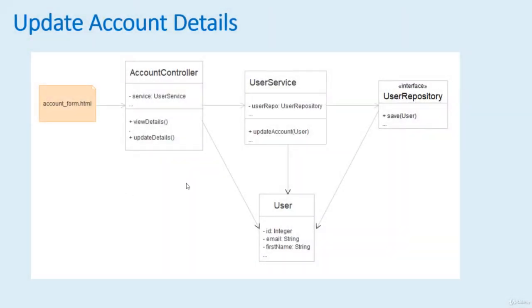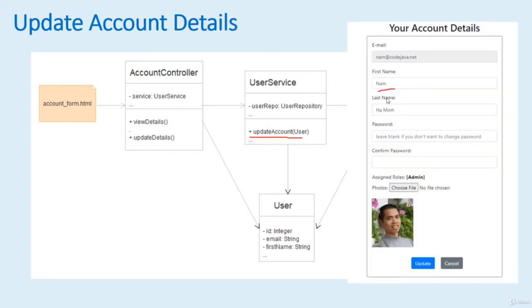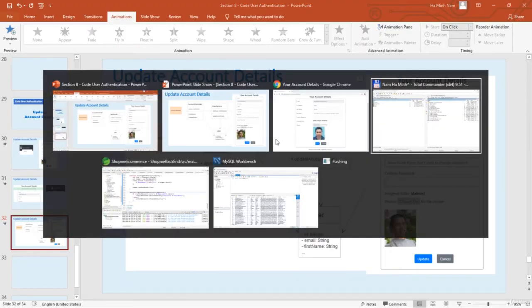Next, we need to implement a new method, updateAccount, in the UserService class for updating the details of the currently logged in user. This is because we just update the first name, last name, password if a new password is specified, and photos if a new photo is uploaded, and we don't update the email and assigned roles. That's why we need to implement a separate method, updateAccount, in the service class. Okay, come back to the project